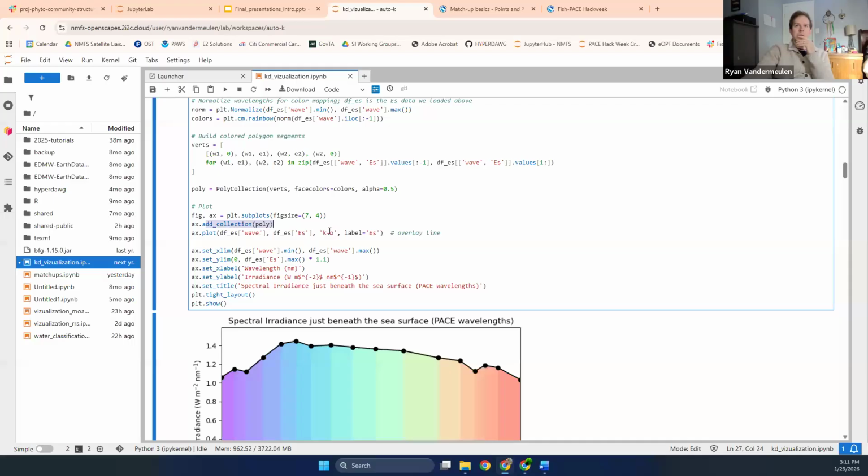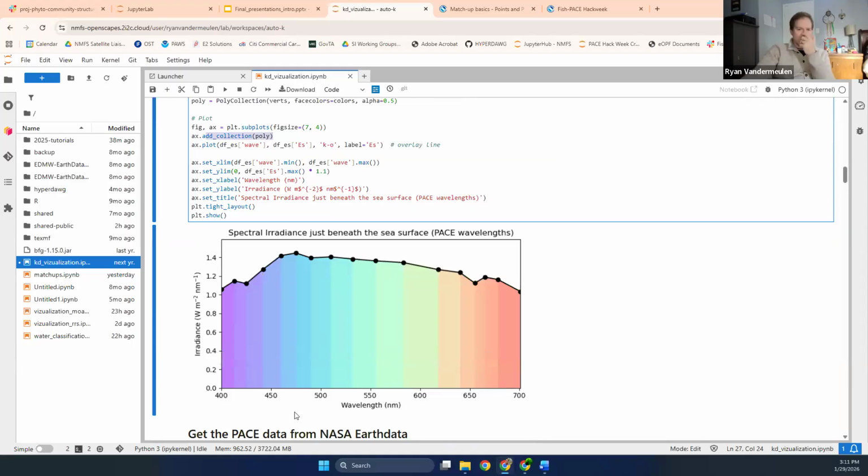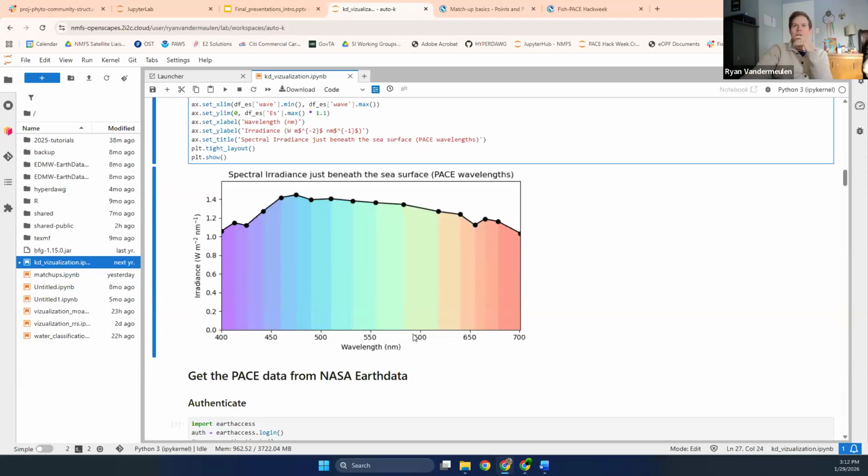And then on top of that, we add just a basic line plot, just to give you an idea of it. It's kind of coloring each slice by the wavelength, which creates a nice continuous rainbow, just showing how each color contributes to this total